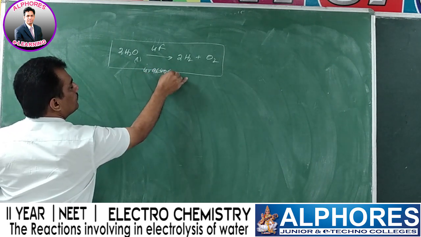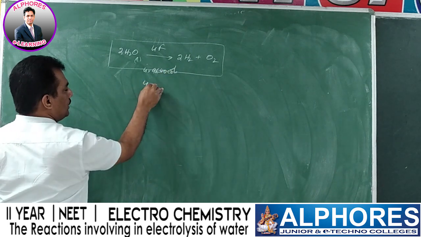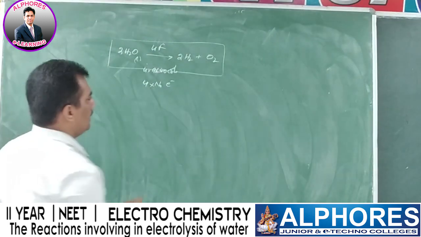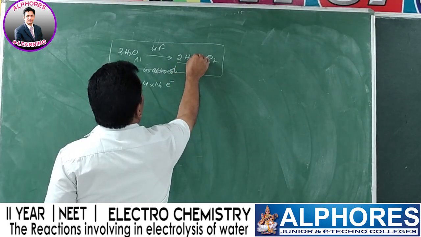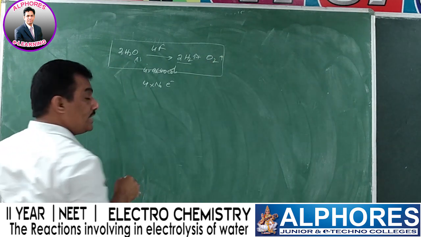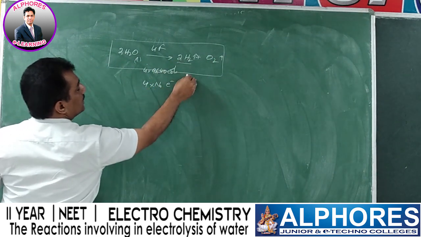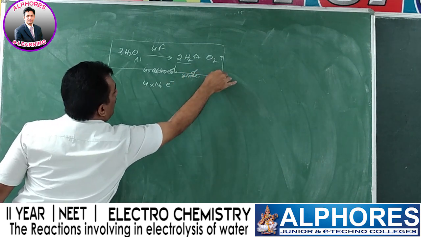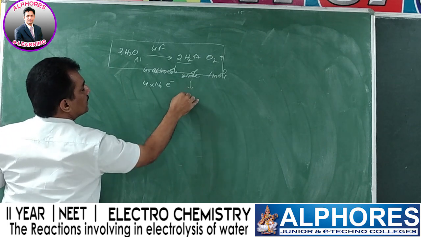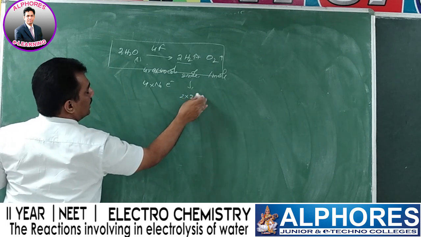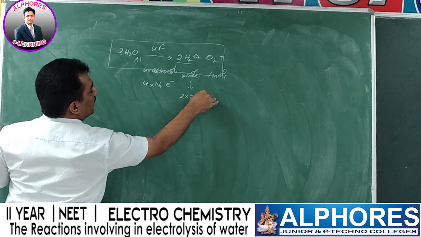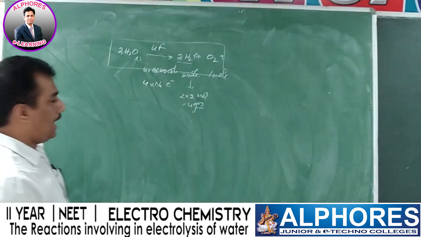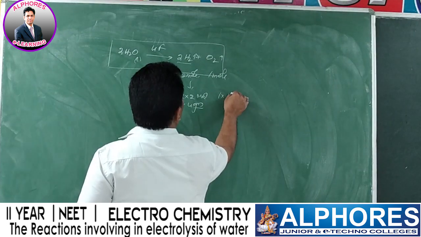Clear? And now related to this, we may be asked for the quantitative aspect. We know it is 2 moles of hydrogen and 1 mole of oxygen. That means 2 into 2, using the molecular weight, equal to 4 grams of hydrogen released. And in this case 1 into 32, the molecular weight of oxygen, that is 32 grams of oxygen will be released, from this data.